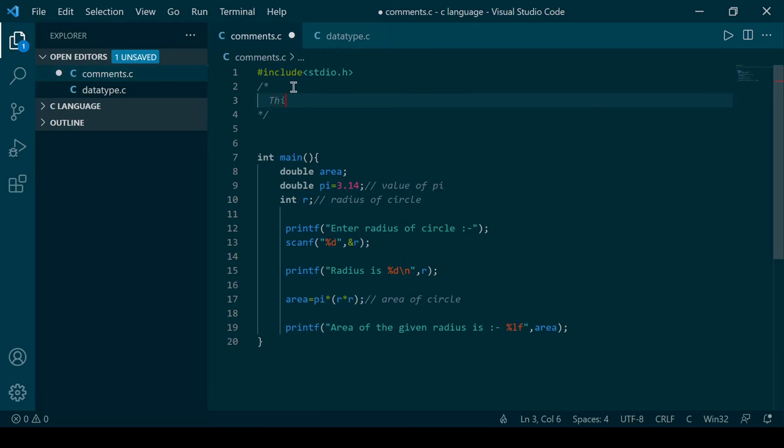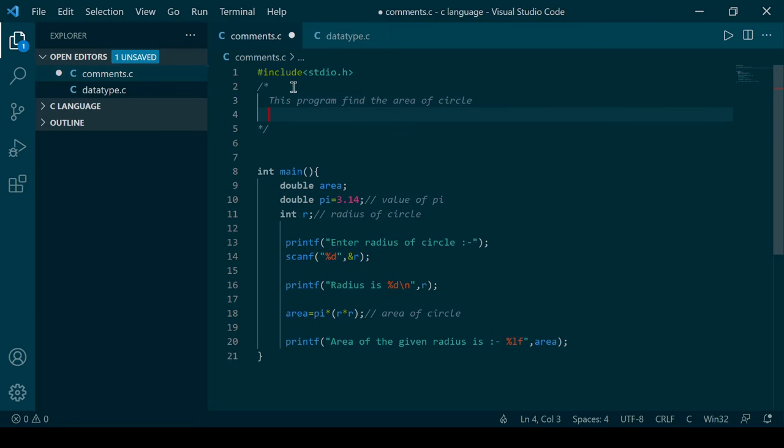This program finds the area of circle, and we can write the formula is pi r square, pi into r square.